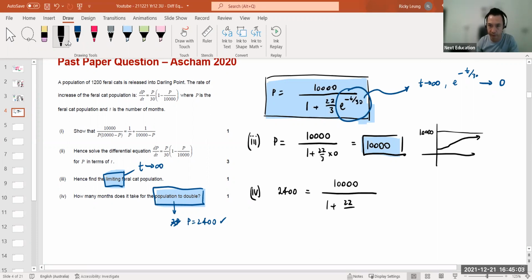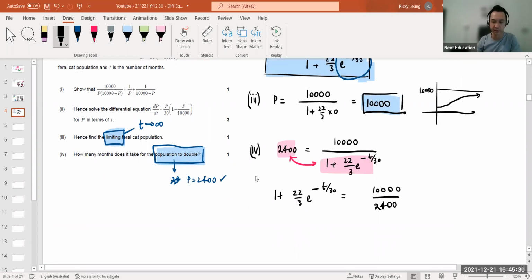over 1 plus 22 on 3 e to the power of negative t on 30. And then it looks messy. It's just an exponential equation. Swap this guy and this guy around, these 2 elements. Swap them around. So you go 1 plus 22 on 3, e to the minus t on 30 equals this guy on this guy. Yeah, I know that simplifies for now. So this is what I'm going to do. For now, I'll just leave it there. Minus 1, over times 3 on 22. I'm just going to manipulate it to a point where I get it, right? So e to the minus t on 30 equals minus 1 times 3 on 22 there. This guy